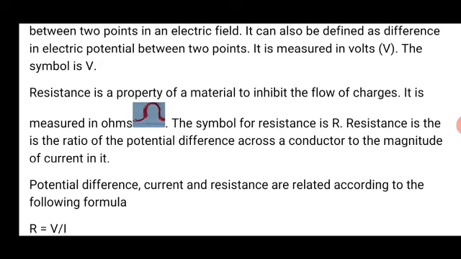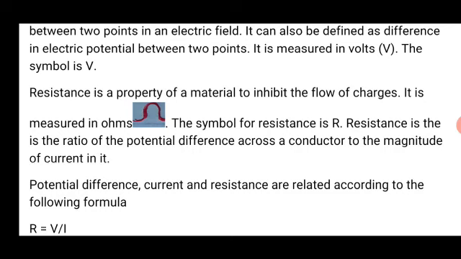And the symbol for resistance is R. So when you want to express it mathematically, you say that resistance is the ratio of the potential difference across a conductor to the magnitude of current in it. When current flows through a conductor,